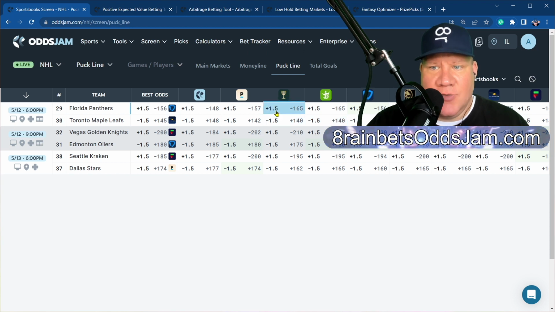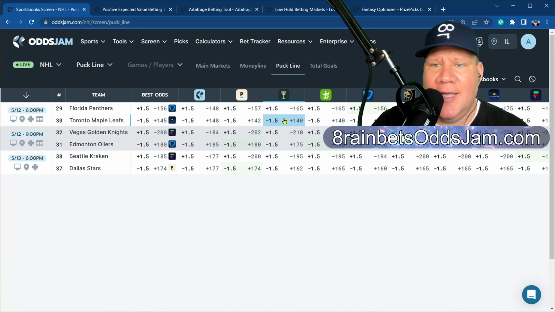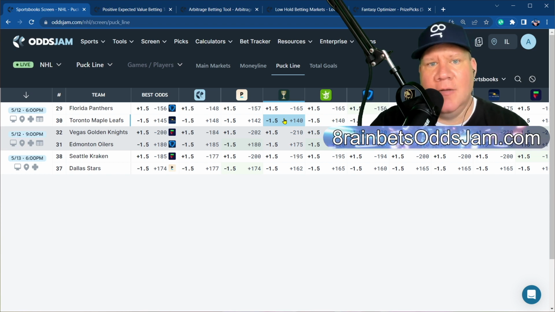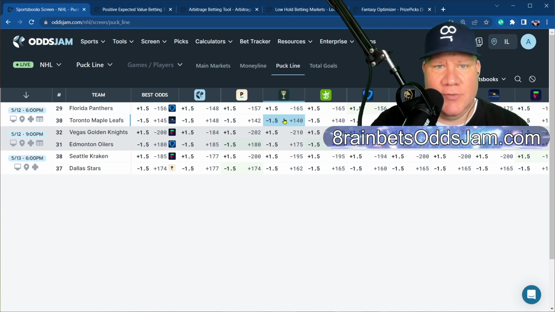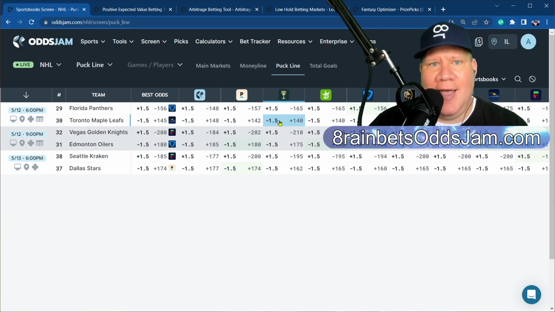And just like we were looking at the money line, the difference is that now you're not betting on the Panthers to win. You're betting on the Panthers to lose by less than 1.5, right? Or you're betting the Maple Leafs will win by more than 1.5. Whereas the Toronto Maple Leafs were costing us more before to be able to place the bet on them, now we're saying the Maple Leafs are going to crush the Panthers and they're going to win by at least 2 goals. You can't win by exactly 1.5. They know that. The 1.5 is just a thing.